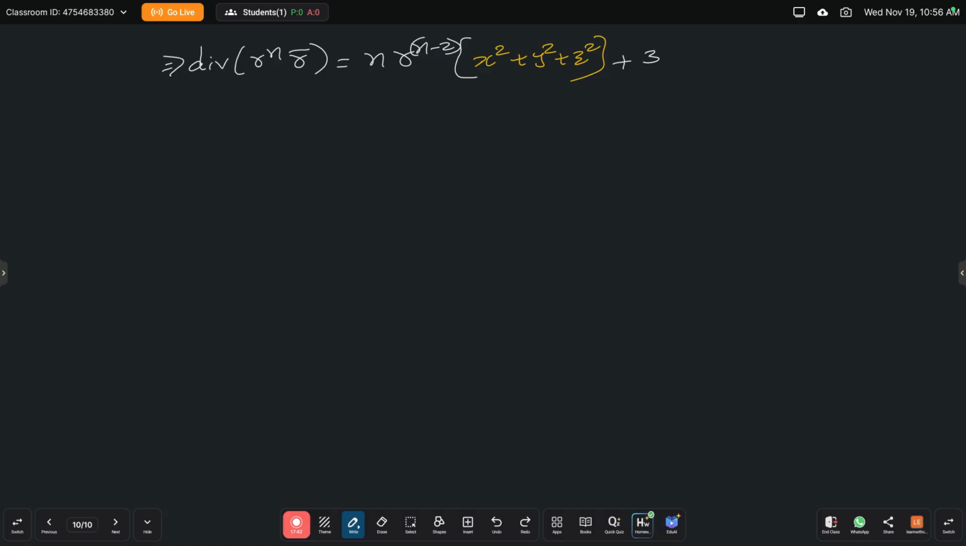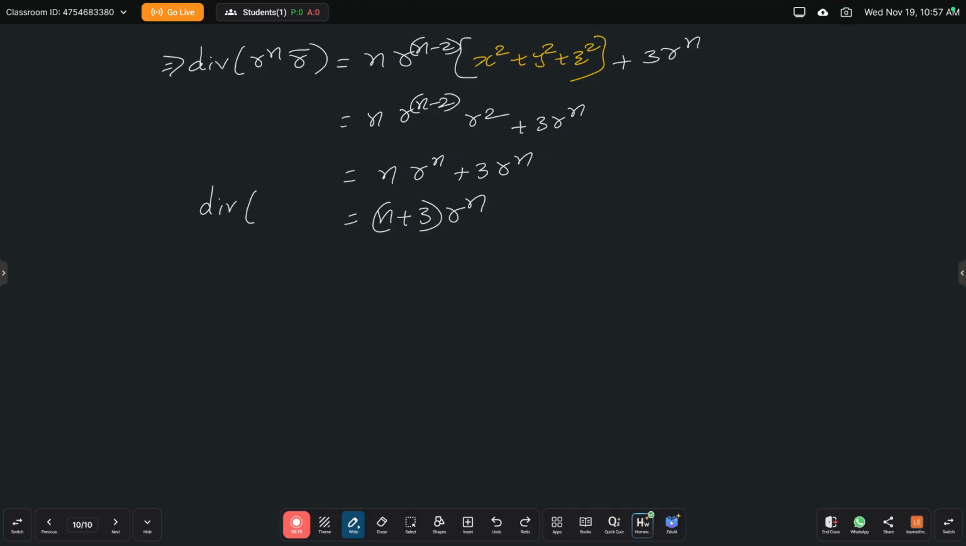Plus 3 times r^n, then n r^(n-2) into x² plus y² plus z² is r², plus 3 r^n, which equals n r^(n-2+2), that is (n plus 3) into r^n. Then finally (n plus 3) r^n is the divergence of r^n r̄. Okay, when can we say this will be solenoidal? By definition